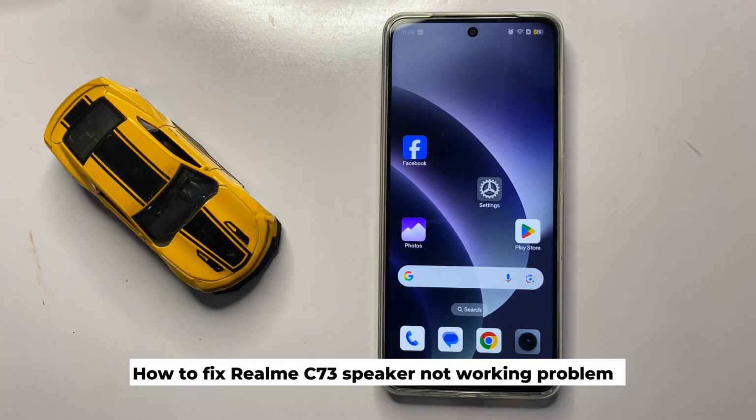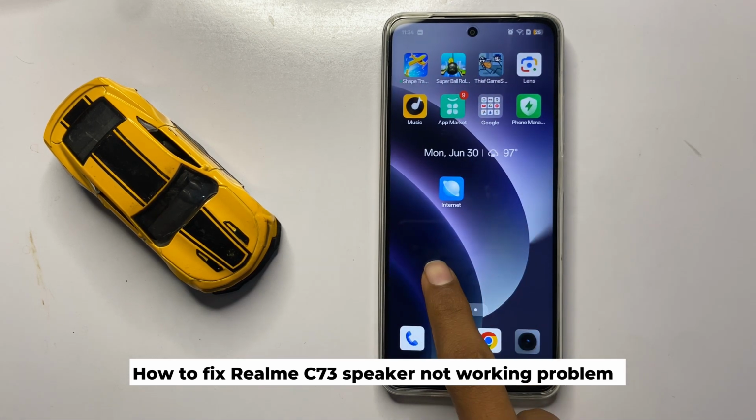How to fix speaker not working in Realme C73. So let's start the video. First of all,